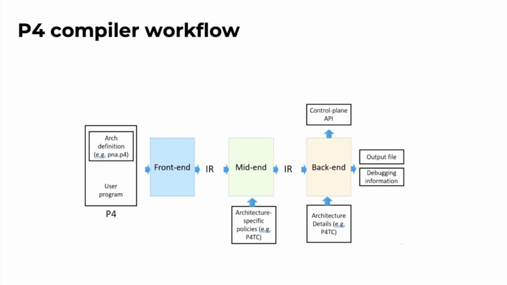Just have a couple of slides for those of you who are not intimately familiar with the P4 compiler. Most compilers have two distinct phases. One is the front end, where all the lexical and syntactical analysis are done, and the back end, where all the optimization and target specific code generation is done. P4 compiler introduced a mid-end, where you can do some level of platform specific optimization. And then, of course, there is this traditional backend.